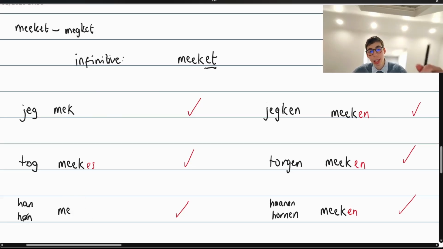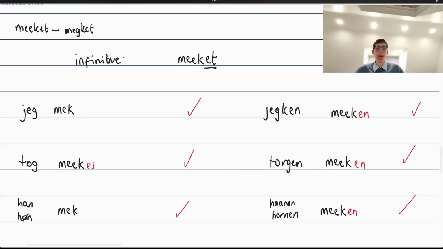So I'm going to correct this now to: ye mek, toy mekus, han mek. Yeken, toyen, hanen, and honen are all meken. So long E, if you like, for the ones with suffixes to even out to 6, and shorter E, the single letter E, for the I and the he form, and that's the ones without suffixes, and that's going to make it a nice length of 3. And you can do the same thing. The other example I gave was